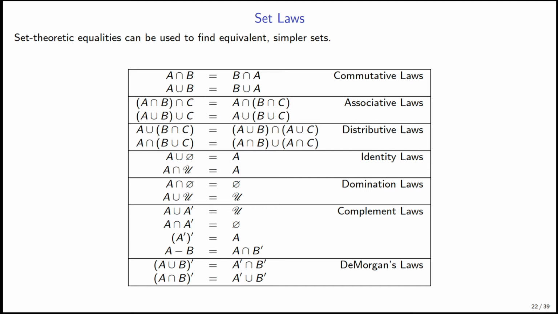So we use set laws to take complex set expressions and to simplify them. If we have 20 sets chained together through intersections, unions, complements, and differences, by hand, it can be very tedious to evaluate the final set. For computers, they don't really care unless it gets monstrously huge. But for humans, even if it's a moderate size or even a small size, it can be very tedious to